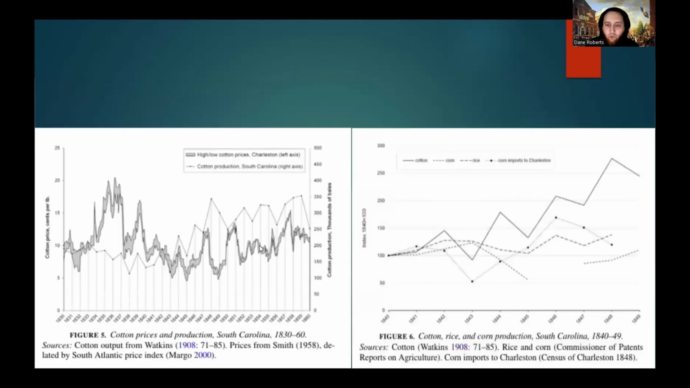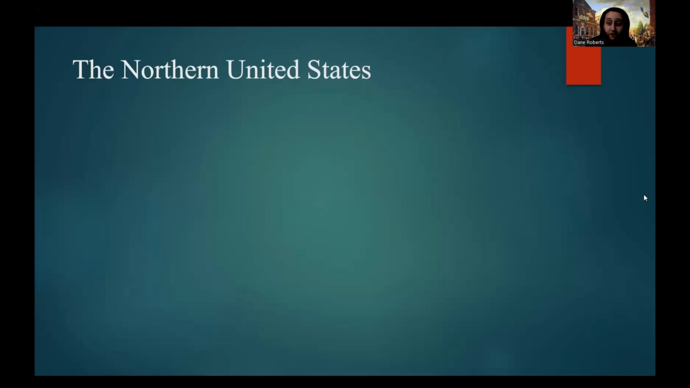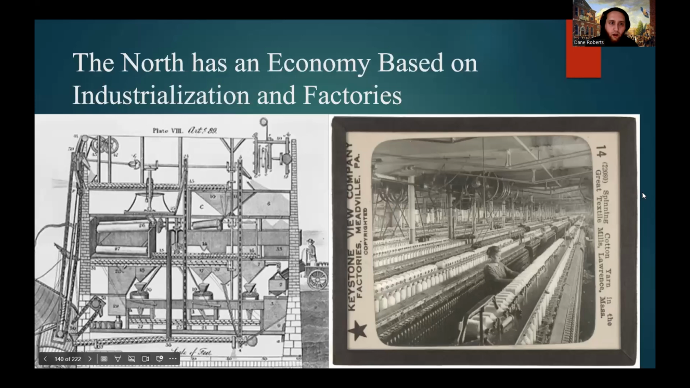Again, here are some more graphs showing the number of cotton exports that were produced by the South. And here is another one showing the productivity estimates of cotton in all of these southern states. Which actually brings us to the economy of the northern United States, with the North having an economy based off of industrialization and factories,